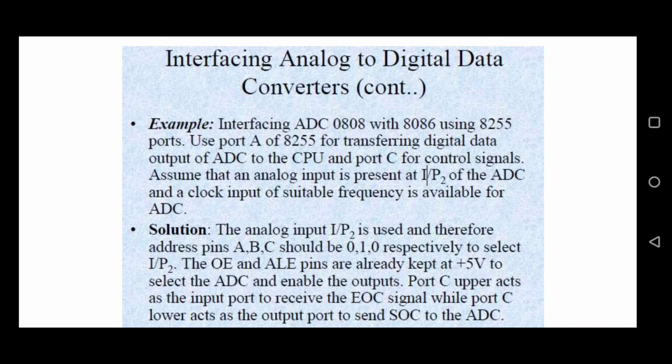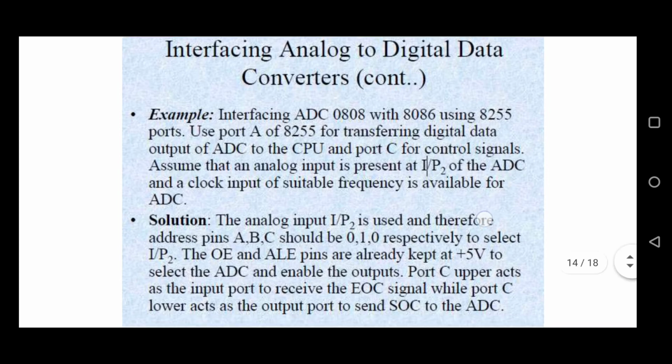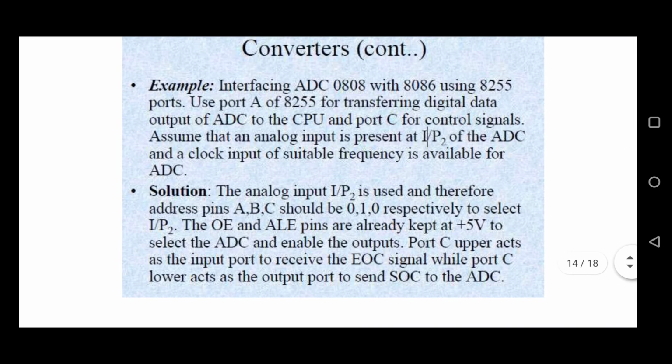Assume that an analog input is present at input 2 of the ADC and a clock input of suitable frequency is available for the ADC. So this is the example question. What is the answer? The solution is: